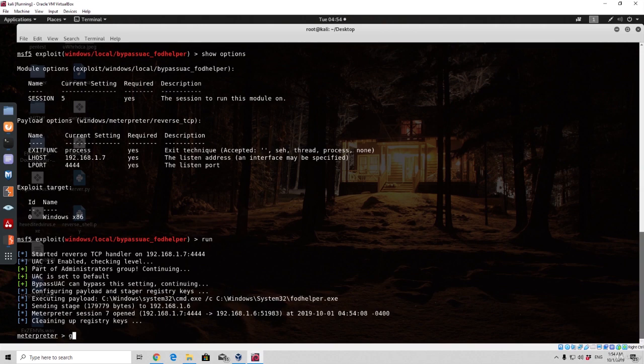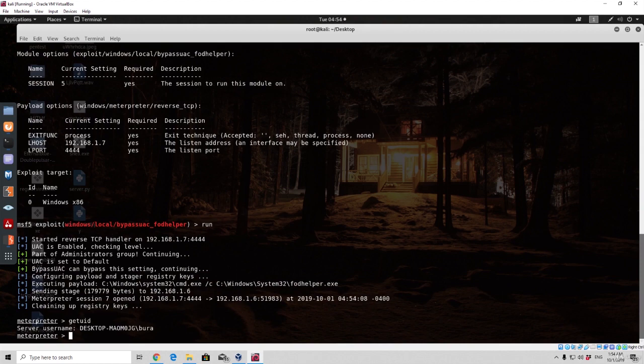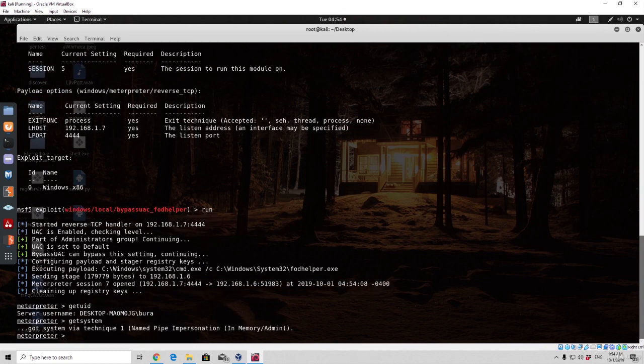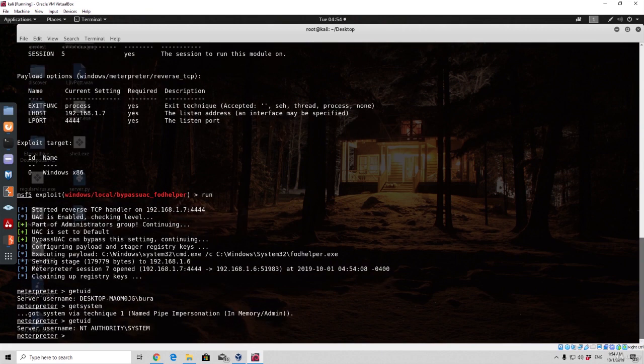And right here, get UID, if we simply just type that, you will notice that we are still the same user, so we don't really have the system privileges yet. But right now, if you type get system command, unlike in the previous example, right now you will be able to actually get the system account. Okay, so if you just type get UID once again, you will see that right now your authority is system,